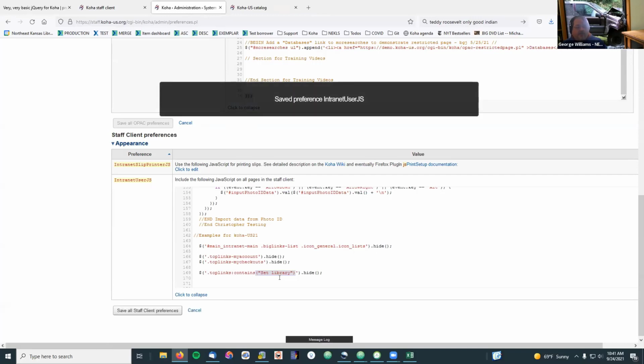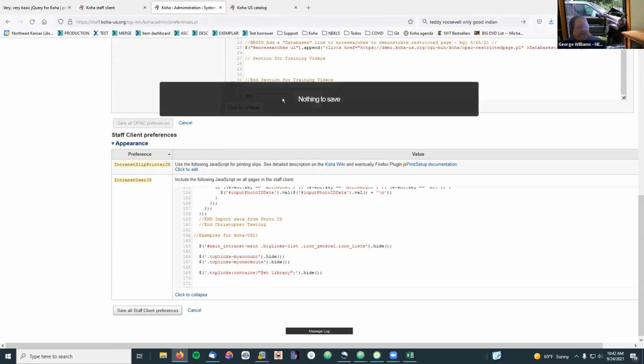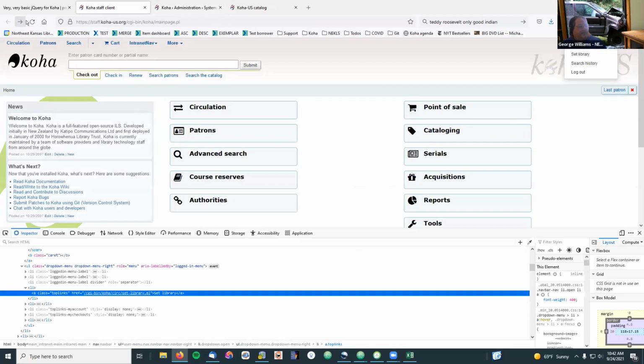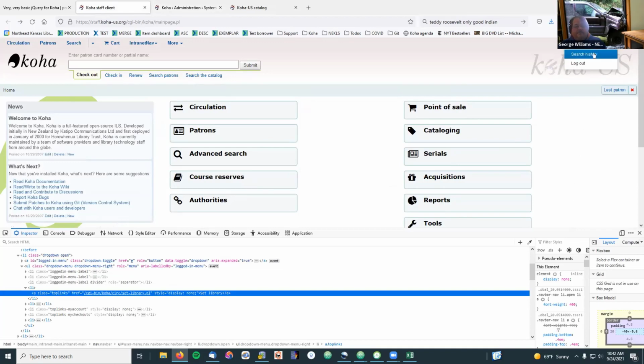If you have some kind of selector to grab on, you can say, give me the selector where it contains specific text. And so if we add that in there and save it, which I did save, then this will remove that set library dropdown from that